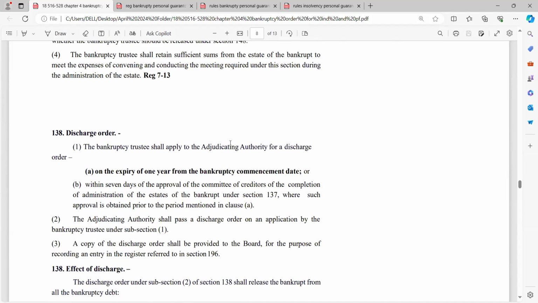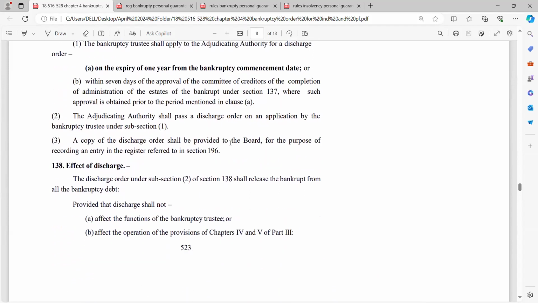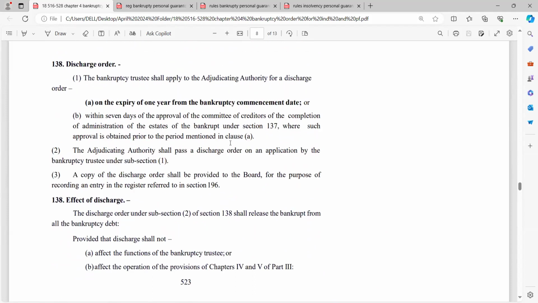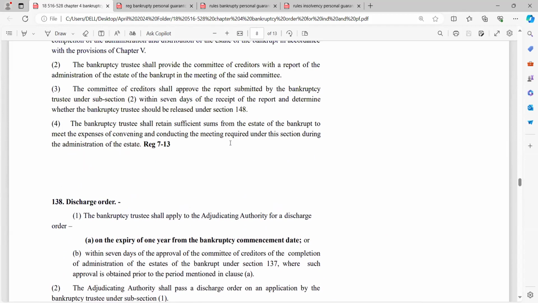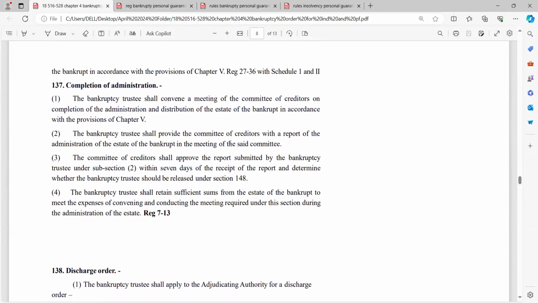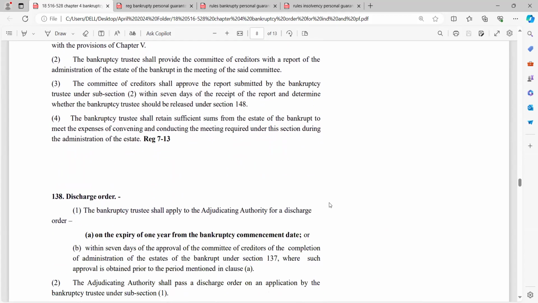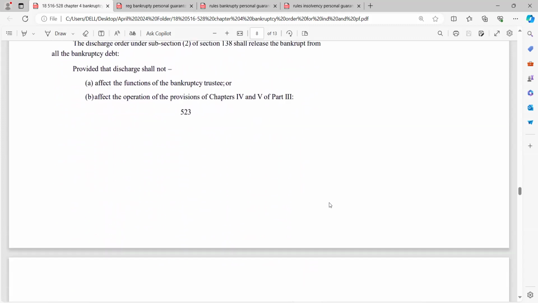और डिस्चार्ज ऑर्डर के बाद भी क्या हो रहा है, ये जो है इट शैल नॉट अफेक्ट द फंक्शंस ऑफ द बैंक्रप्सी ट्रस्टी। बैंक्रप्सी ट्रस्टी कब रिलीज हो रहा है? ऑन द बेसिस ऑफ द रिपोर्ट ऑफ द मीटिंग ऑफ क्रेडिटर्स। जो क्रेडिटर्स ने मीटिंग की ना उसमें वो स्पेसिफिकली बताएंगे वेदर इट शुड बी डिस्चार्ज और नॉट। तो ये जो डिस्चार्ज ऑर्डर है इट शैल रिलीज द बैंक्रप्ट बट इट शैल नॉट रिलीज द बैंक्रप्सी ट्रस्टी। बैंक्रप्सी ट्रस्टी जो है वो अलग है, उसके लिए सेक्शन 137 में बोला ना, द कमिटी ऑफ क्रेडिटर्स शैल अप्रूव द रिपोर्ट। और आगे फिर आएगा 139।